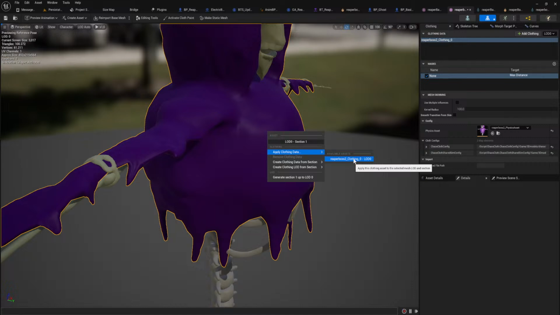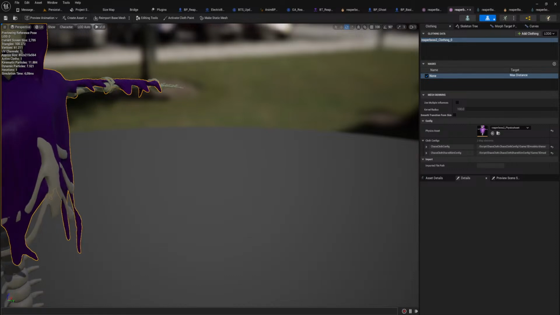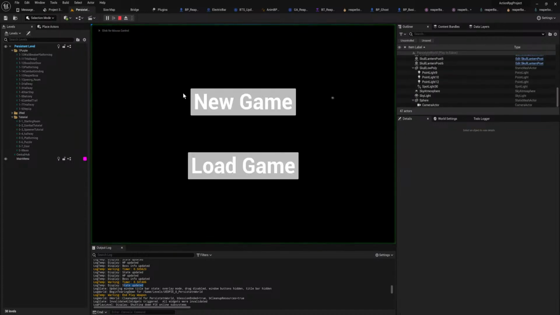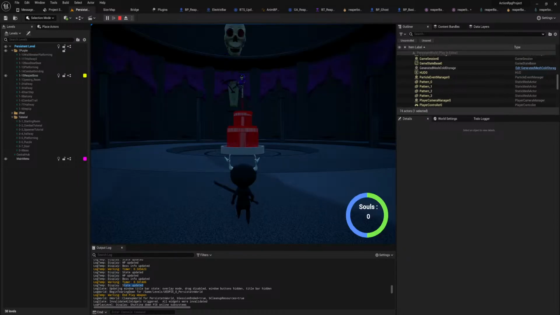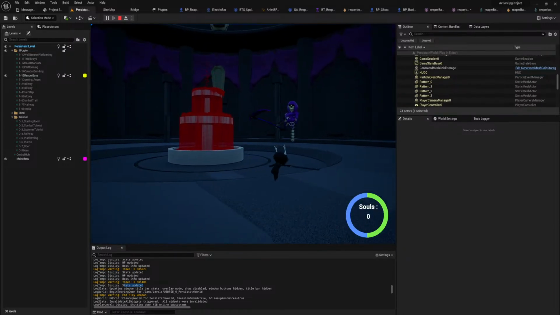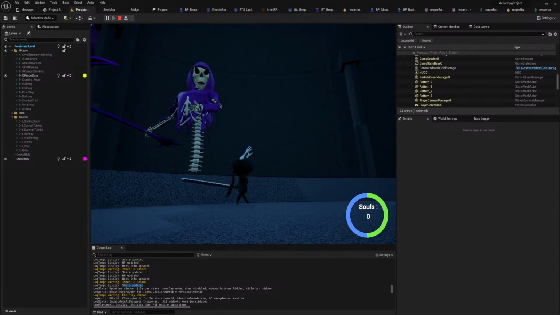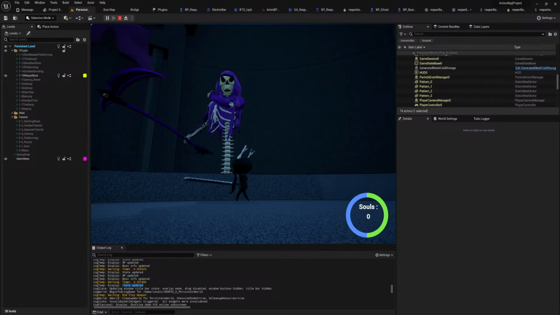So that kinda sucks. I mean, it looks kind of cool, but I just need to set up that rigid body stuff.